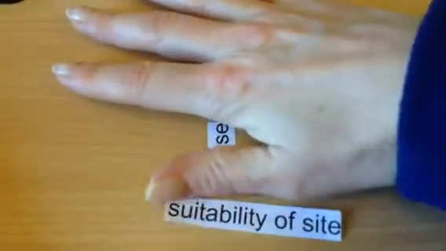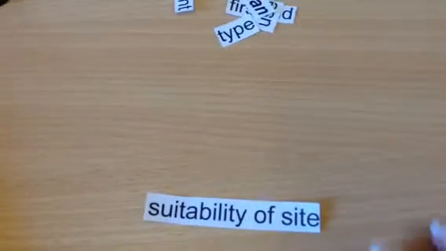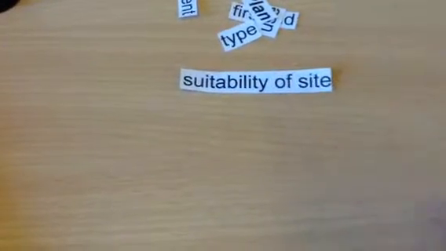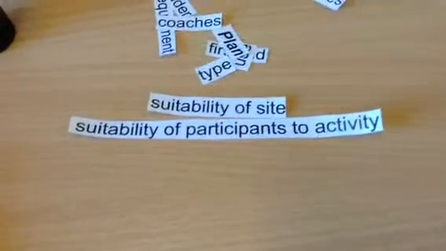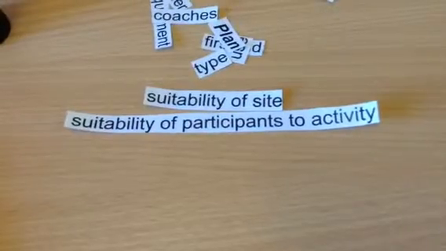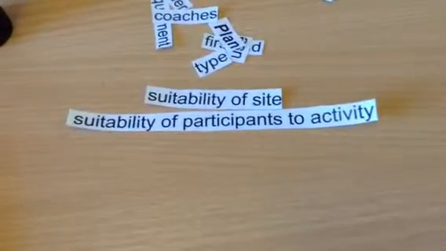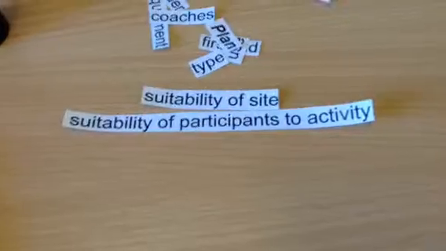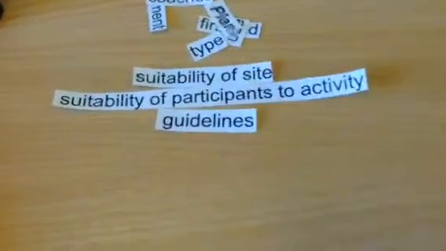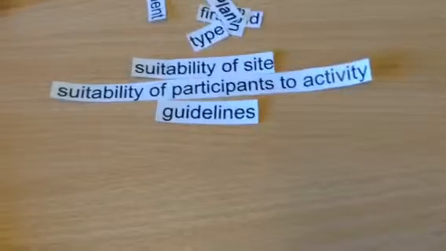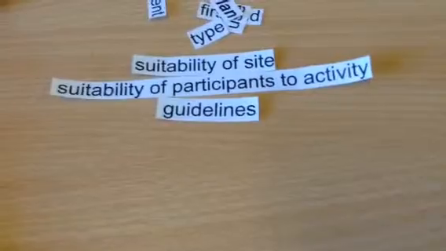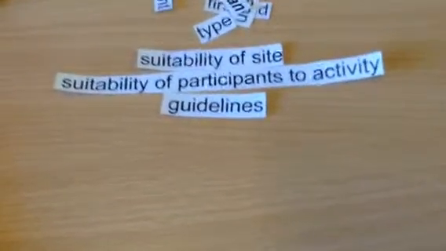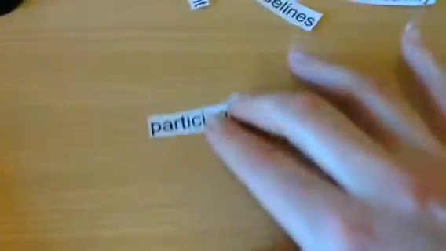I'd look at the suitability of the site. So if I was doing netball, I would look at is the hard netball court suitable for the activity to take place? And then I would look at how suitable the participants are. So I would see how the young people were matched to the activity. I would not, for example, get 6-year-olds to do full contact rugby and scrummaging. I'd make sure I was following the guidelines set out by the Rugby Union or the Netball Federation or the Tennis Federation, depending on the sport, to make sure I'm working within the guidelines.